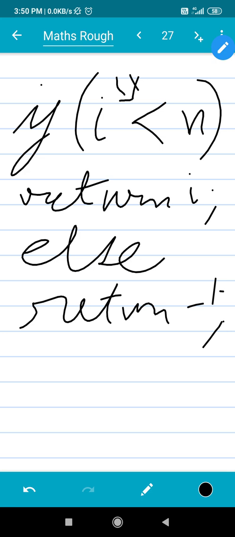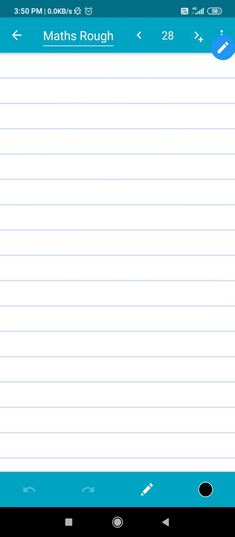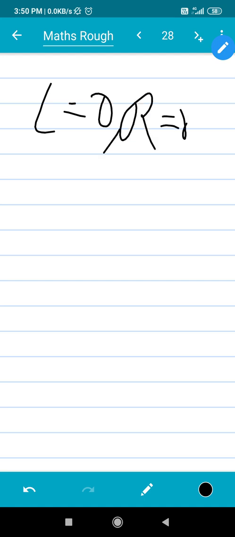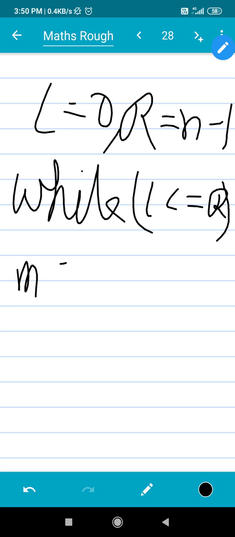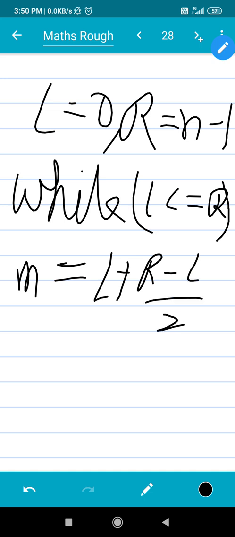That's probably it. Binary search is probably better, in that you initialize L as 0 and R as n-1, and then you use the iteration method, because it is better, while L is less than or equal to R. Then you give mid as L plus (R minus L) by 2, integer division, or basically the floor function of that,